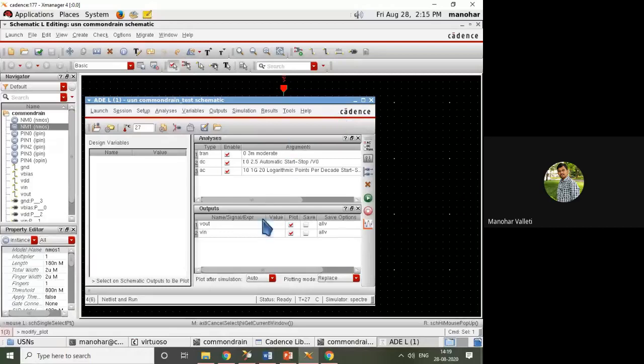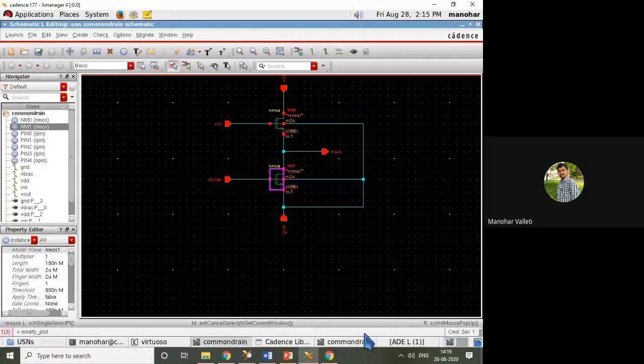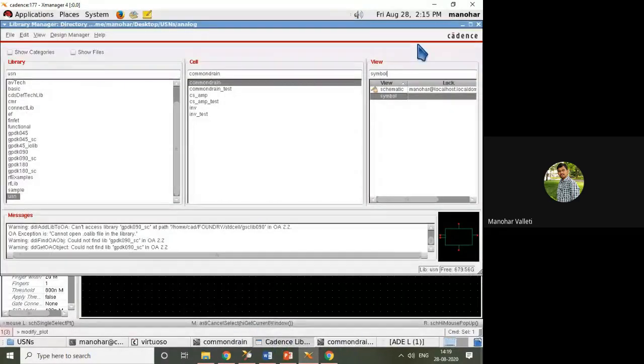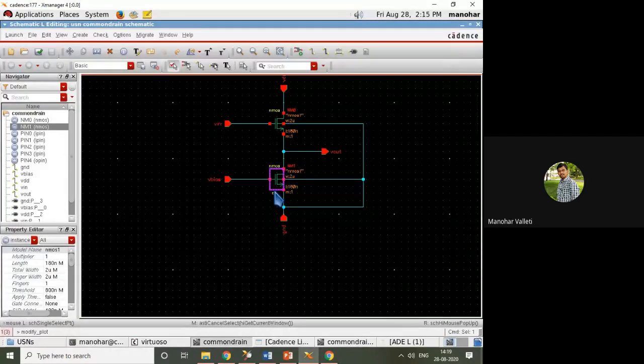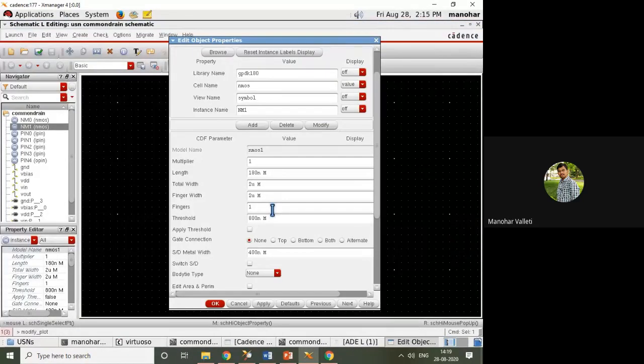So if you are changing anything, you need to close this, but the waveforms have to be closed. I'm changing this to 5 micro.